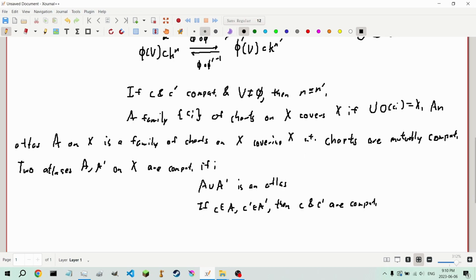And we note here that compatibility of atlases is an equivalence relation. Obviously reflexivity and symmetry are for free. To check transitivity,